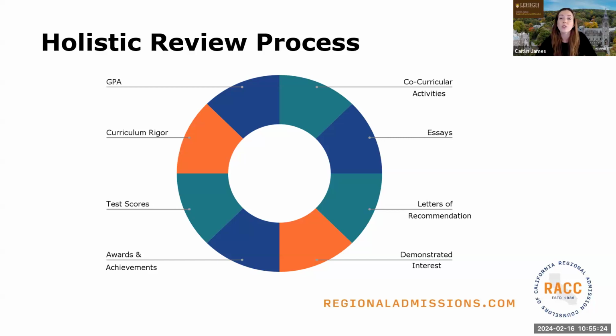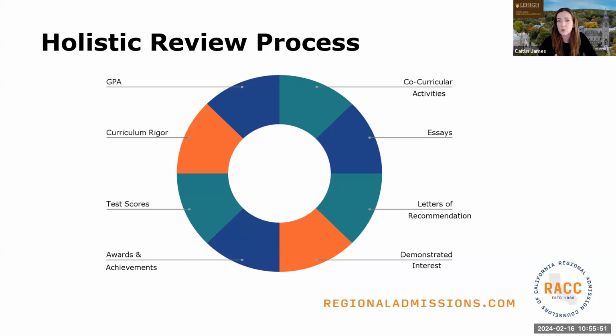So it's really helpful for us to know what kind of classmate you're going to be when you come onto our campus. We also look at the rigor. So again, as we were talking about academics, we're going to see what did you take advantage of based on what you have available to you, and how did you perform in those respective areas? If you're thinking about going into a STEM related field, well, we might be looking at your math or your science related performance, thinking about rigor in those things and how well you did in those to make our assessment if you're a good fit for our particular institution.